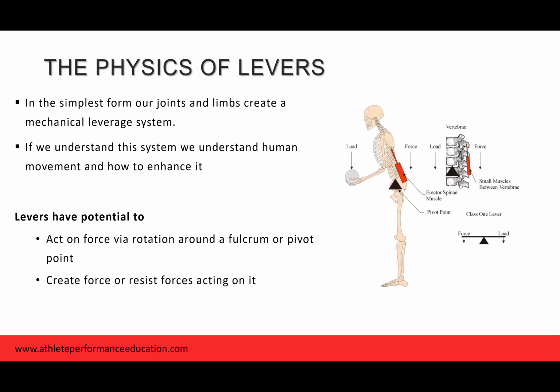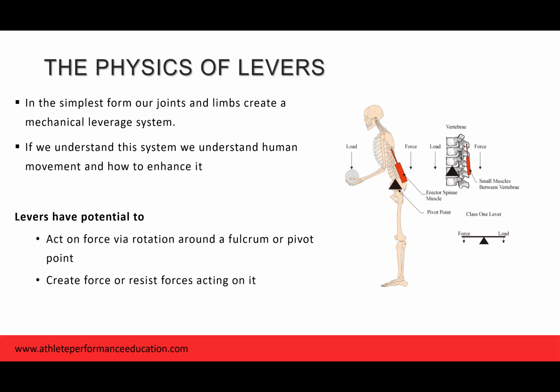So essentially, in the simplest form, our joints and limbs create a mechanical leverage system that allows us to move in certain ways. Without this leverage system, we'd just be a blob or a stick or a straight object. If we understand this system, we understand human movement and then how we can enhance human movement from that. So when we break down the 3 leverage approaches, we can understand how we can enhance performance using those levers